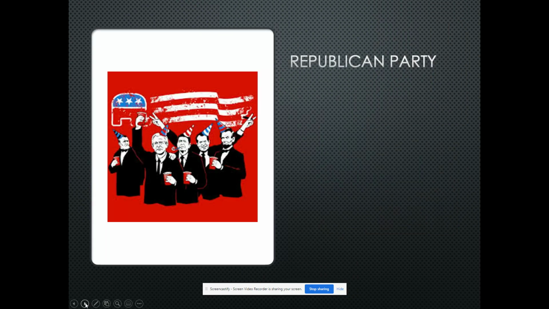So as far as the 2 main parties, I'm just going to give you, generally speaking, where they stand. Every 4 years, they come up with a party platform that says at the Republican or Democratic National Convention, here's where we are.